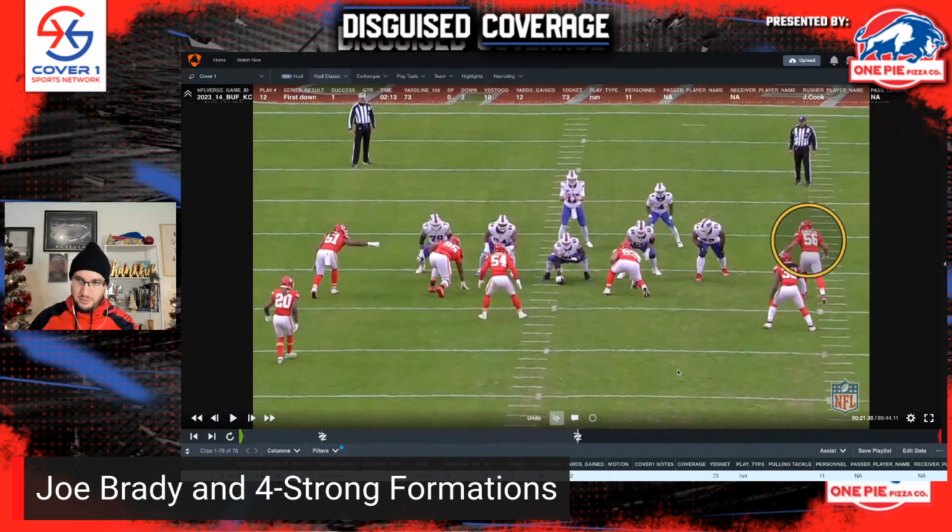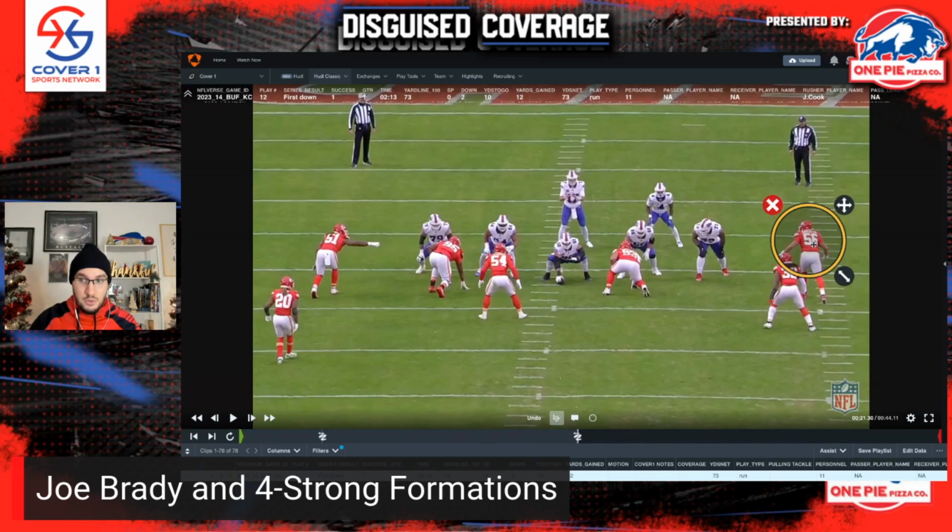George Karlaftis, number 56, off the left edge, but on the right here on your screen. Watch as he reads the mesh in the backfield from Josh Allen, and that mesh holds George Karlaftis, and that hesitation is the reason that he can't get to James Cook. This is some of the benefit we're starting to see with this offense: Josh Allen starts to run a little bit more, either by scrambles or with the design runs. As his legs become more of a legitimate threat, defenses have to honor that threat, and they get caught in